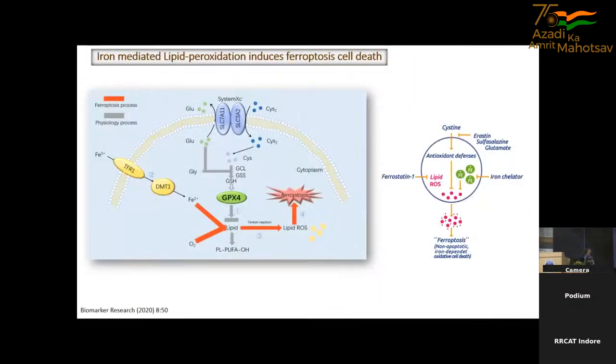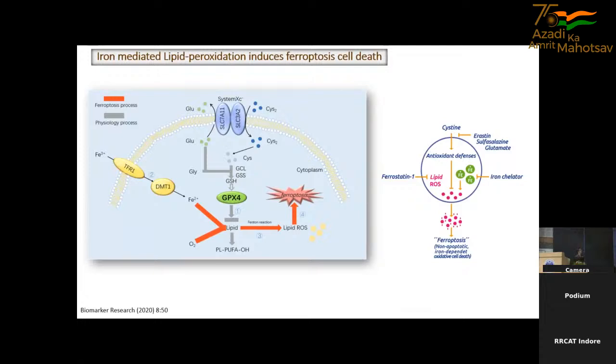So at that time, we know that there's another pathway going on, which is working on the lipid peroxidation. And we saw that in this pathway, you have a central molecule called GPX4. It's a glutathione synthase molecule that converts the oxidized form of glutathione to reduced form of glutathione, as well as certain pathways which make basically the anti-ROS molecule, which is glutathione. And there are certain inhibitors of this pathway by which we can study the lipid peroxidation